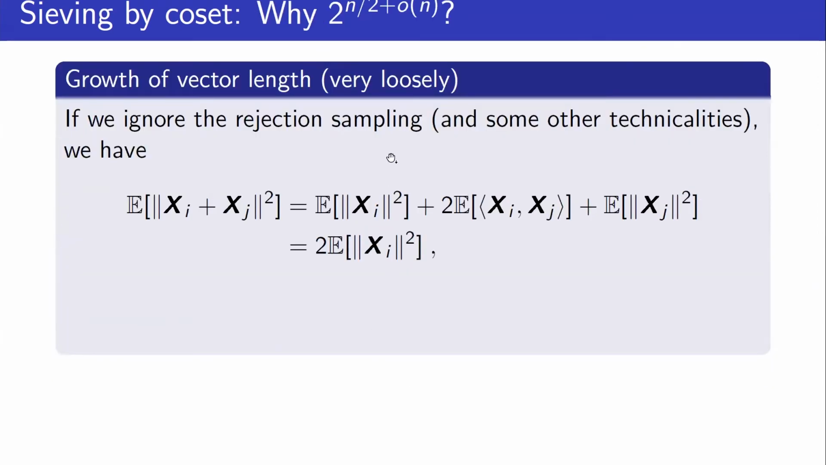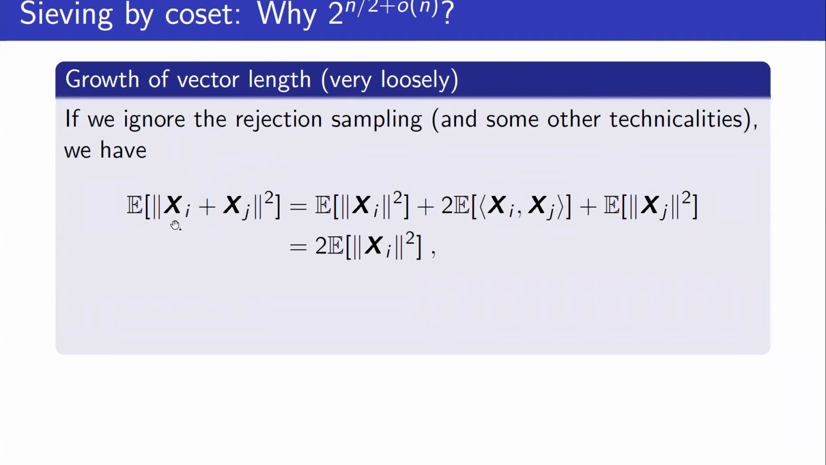And one more thing, why was this somewhat magic number 2 to the n over 2 plus small o of n? So this is one way to see what is actually happening. If we look at what is going on, we are pairing vectors and adding them together. So the lengths of the vectors are growing. And by how much? If we ignore the rejection sampling and some other technicalities, we have the expected squared norm